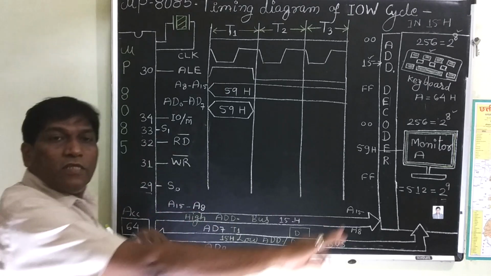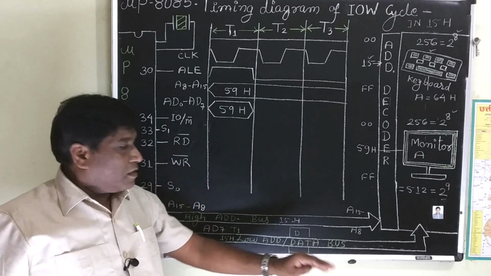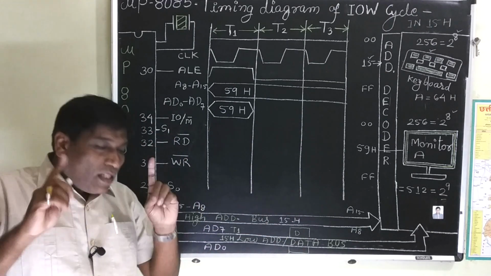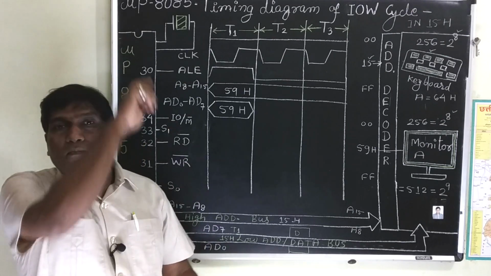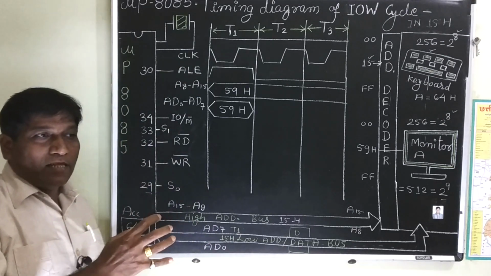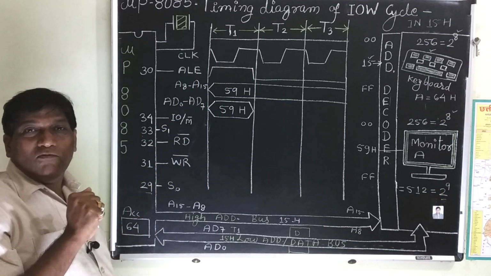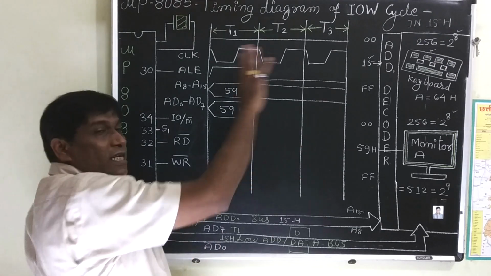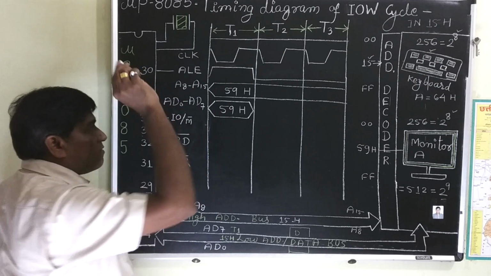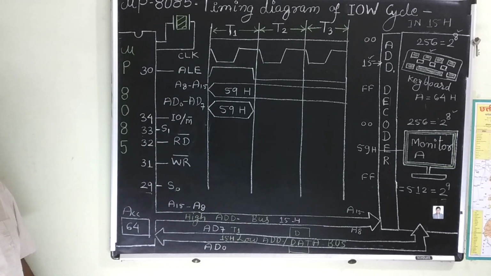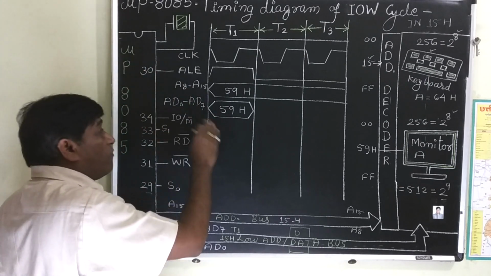And whenever control signals are given to that particular location, the data will be transferred to that location. Whenever we say data transfer, it is a data copy operation. Transfer does not mean that the source becomes zero; if data is transferred from here to there, it does not mean the source becomes zero. This data will be transferred. Okay, now the status of these AD0 to AD7 buses, because it has to carry the address, it will be